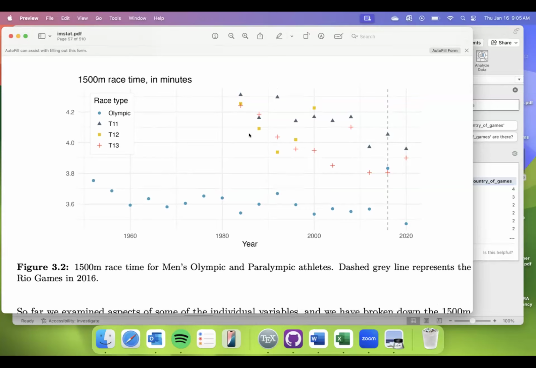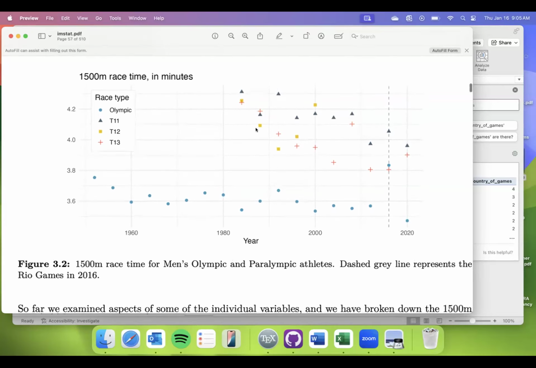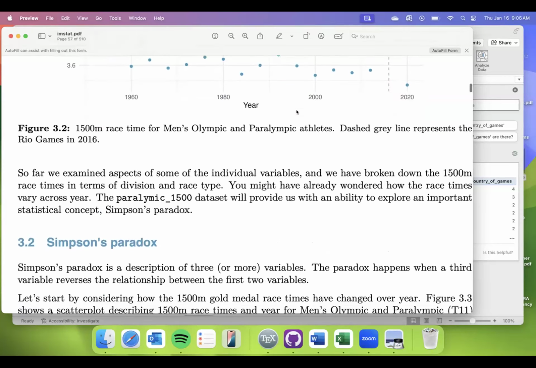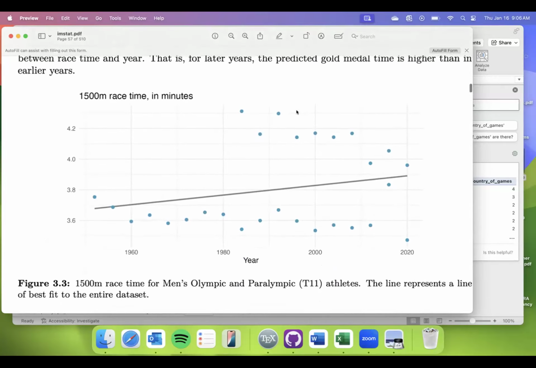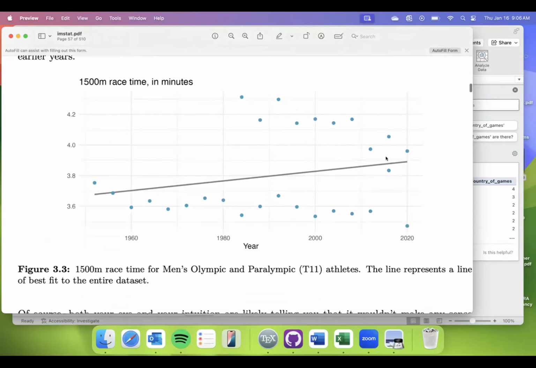If we look at this, let's just focus on the T11s, I think it is. The T11 athletes here and the Olympic athletes down here, the men's T11 and the men's Olympic athletes. If you were to fit a line of best fit, which you can do in Excel, if you have a scatter plot, which you'll have,